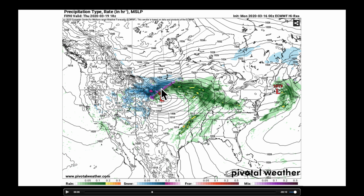Look at the spacing of the isobars, very tight. But also notice the kink in the isobars right here. That is sitting right on the main warm frontal boundary. And this time of year, we can get strong to severe storms erupting on that warm frontal boundary. So I'm going to watch in through this corridor Thursday afternoon and evening, and then let that stretch down here